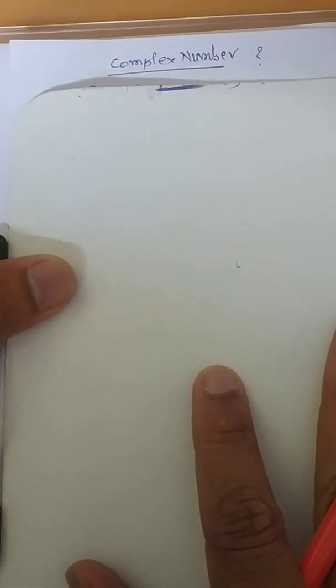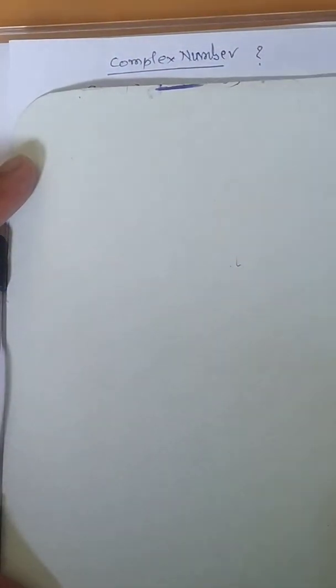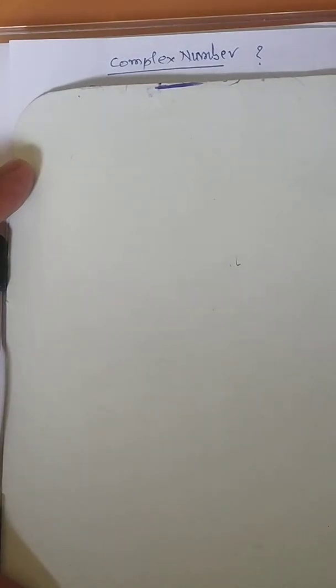You all are familiar with the number systems. In the beginning you have learned natural number system, whole number system. Then integers we have talked about in earlier class. After integers you have learned rational numbers, irrational numbers and real numbers. So up to class 10th, this is the journey of number system.